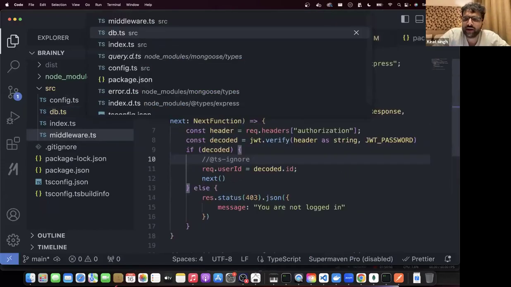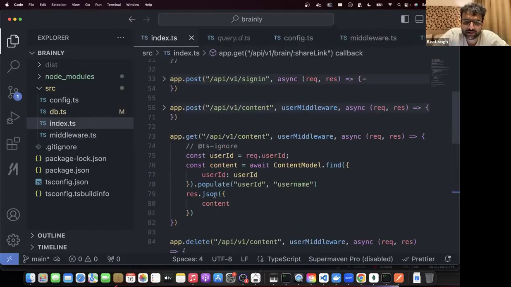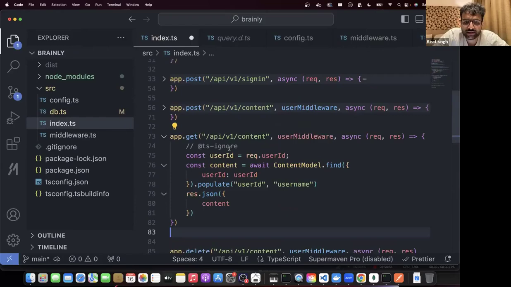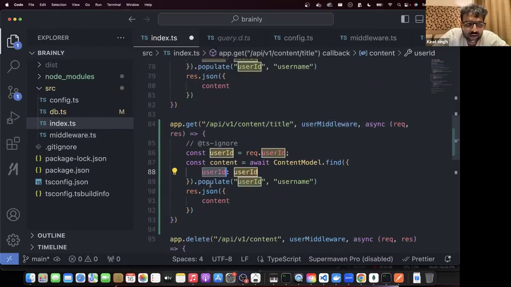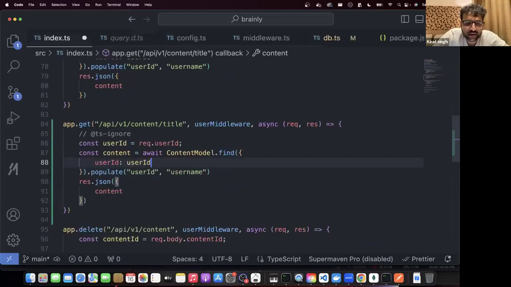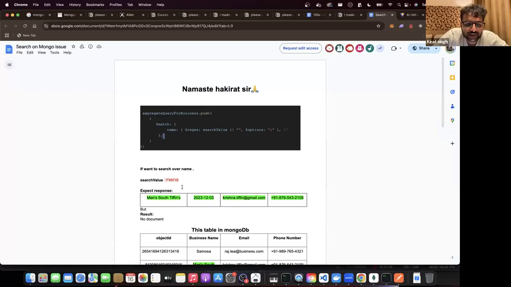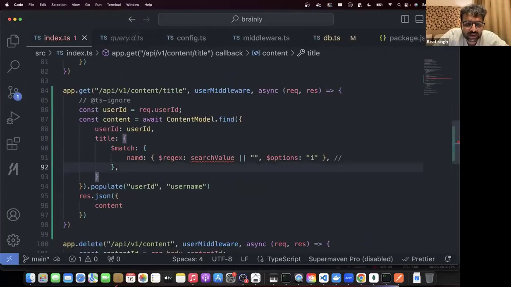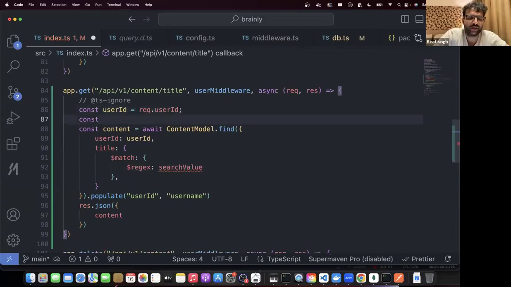Let's say I want to search for a content with a specific title. So I can do this, slash content slash title. Pay I will do where user ID is this and title matches regex search value, which let's say we take as body.